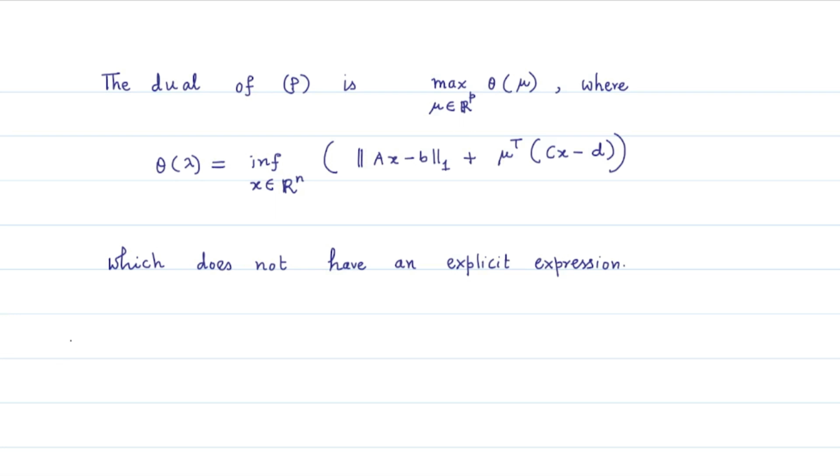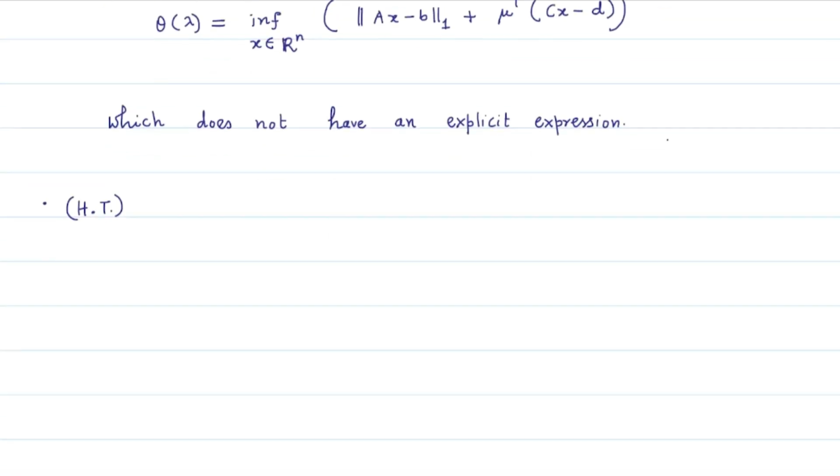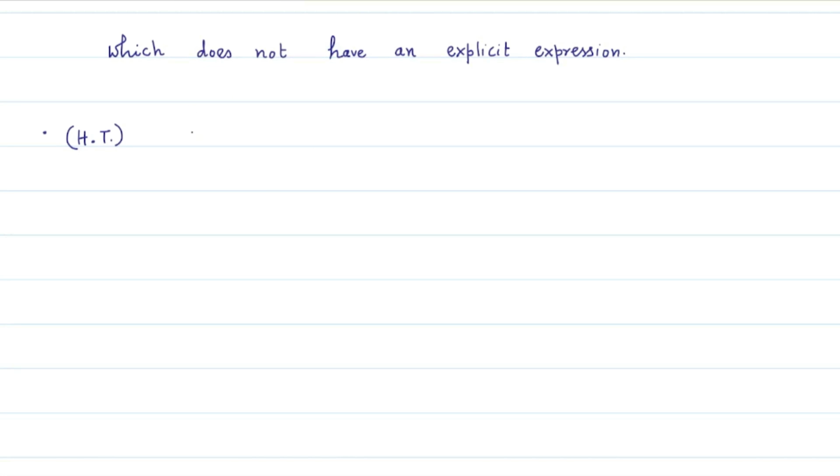Now next I will give an example where the objective function of the dual may not be a differentiable function even if the primal problem is a smooth optimization problem. But before that, let me give you a home task here, as I have considered a problem where the constraint is given by only linear equalities. Let me consider a linear programming problem and ask you to find the dual of this linear programming problem. Find the Lagrange dual, that is the dual that I have formulated so far, the Lagrangian dual problem